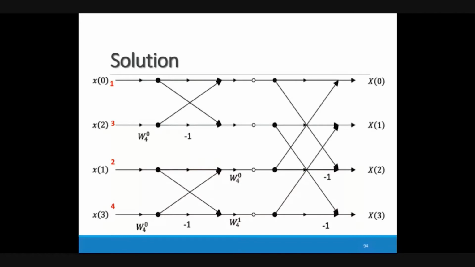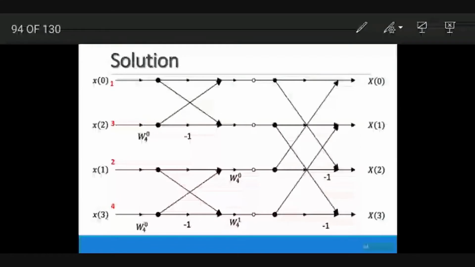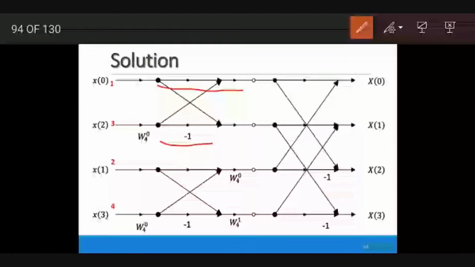As per the butterfly diagram, first line, let me use ink over here. First line means this particular line we are using directly. In the second line, we multiply the data with the Twiddle factor, and along with this, we have to apply the subtraction, that is minus 1. So here we are doing this. At the first place, our data is coming 1, and from another data is x of 2. So x of 0 is added with x of 2, so we are getting the summation of x of 0 plus x of 2.